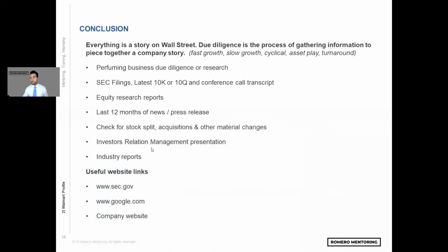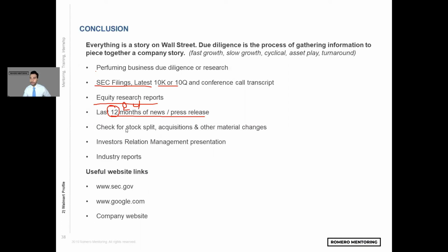So in closing, due diligence, everything is a story on Wall Street. Due diligence is the process of gathering information and piecing together the story of a company. And then what are the important documents that you need when performing due diligence? SEC filings, the 10-Ks and the 10-Q, research reports. Make sure you read the company's, well, this is 12, I would actually say 24 months,